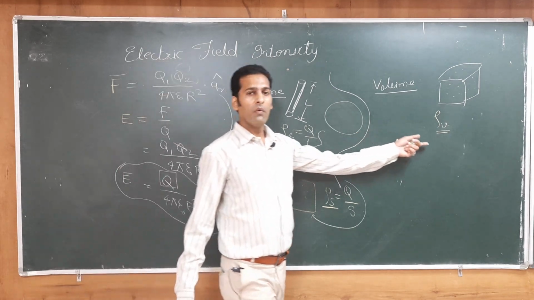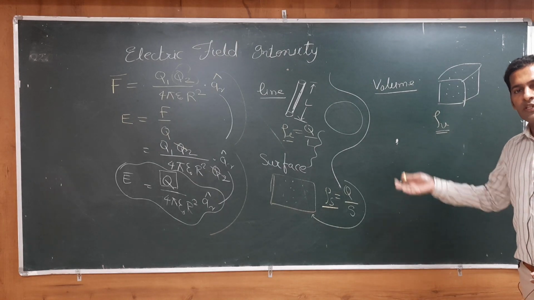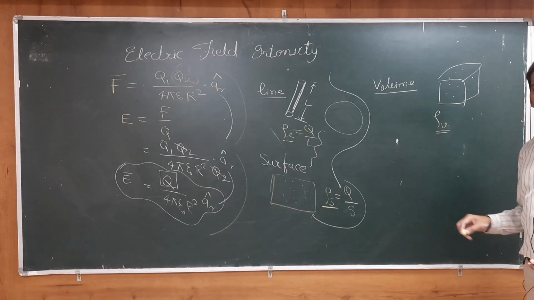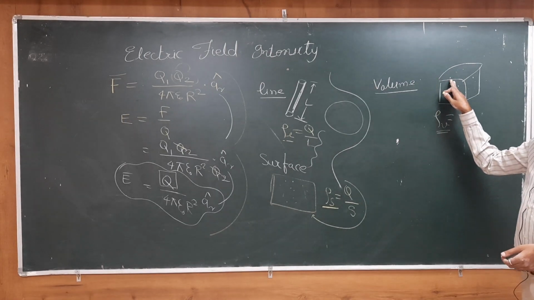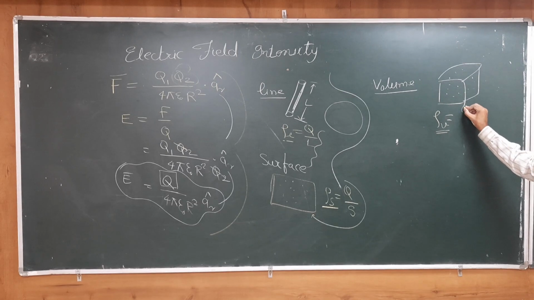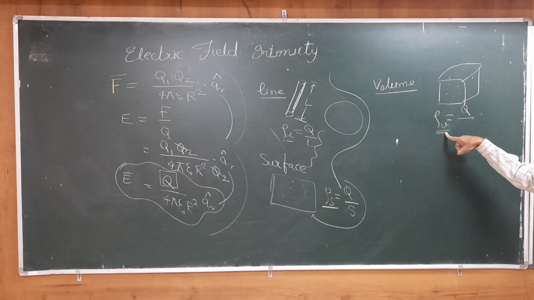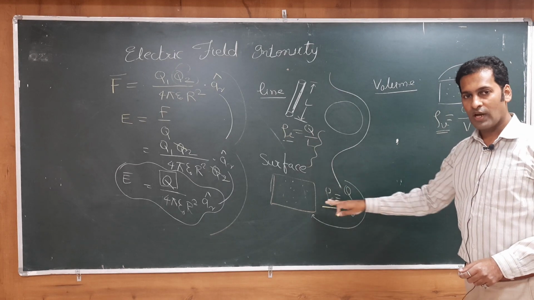Then next, volume. This is not only volume, this is volume charge density. So, who is creator of this volume charge density? Again same charge, we are talking about charge distribution. So, charge is creating charge density. So, again it will be equal to q. Now, in this case we have to consider the volume. So, it will be q by v. So, now we are clear about the formulas for charge densities.